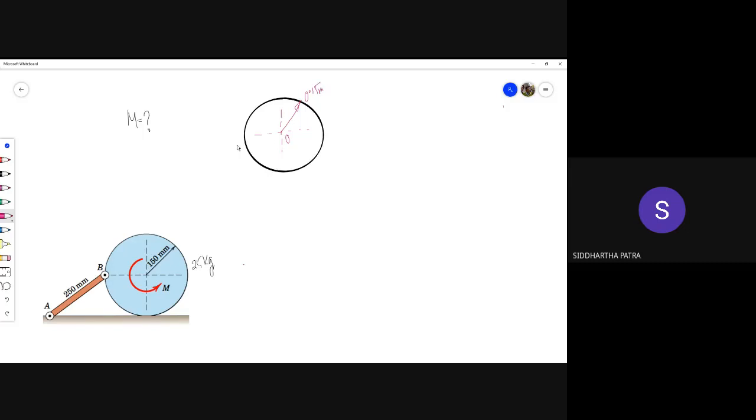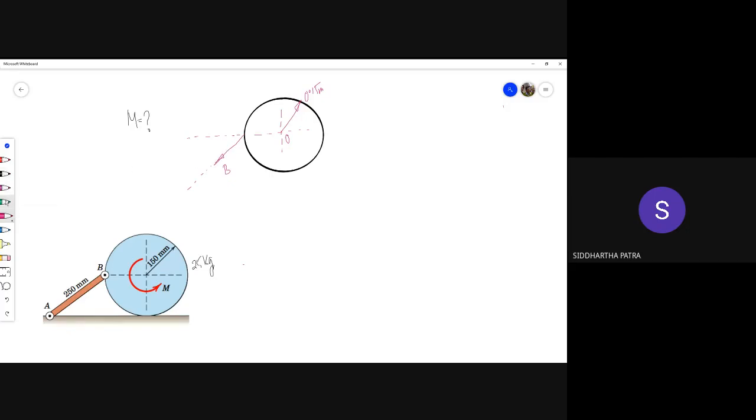Now, because AB is a two-force member, the force P acts along AB, and basically what is the direction? The direction is,